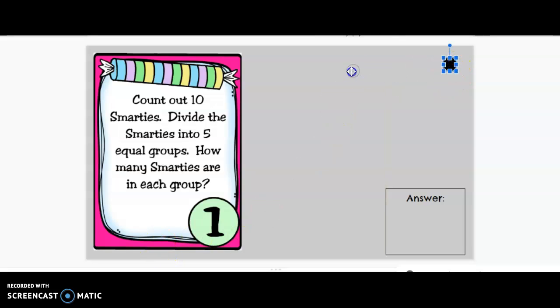So, we go 1, 2, 3, 4, 5, 6, 7, 8, 9, 10. So we have 10 Smarties,